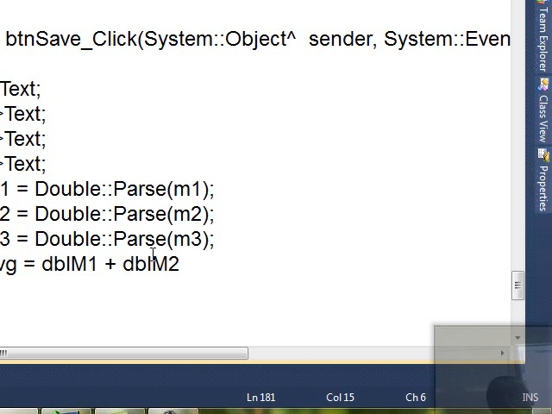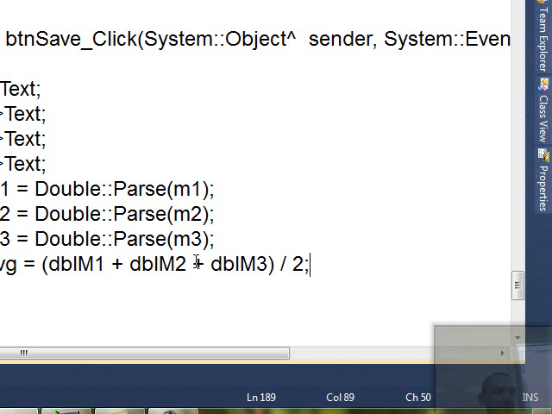So now we're declaring another double, and we do the calculation for the average. So average is equal to dbl Mark 1 plus dbl Mark 2 plus dbl Mark 3, all of that together divided by 3, and that will give you an average. Alright? And now, did I say 2? So now you can say the average, which is your string variable, is equal to dbl average dot toString. Okay? And I'm going to use that formatting there to get